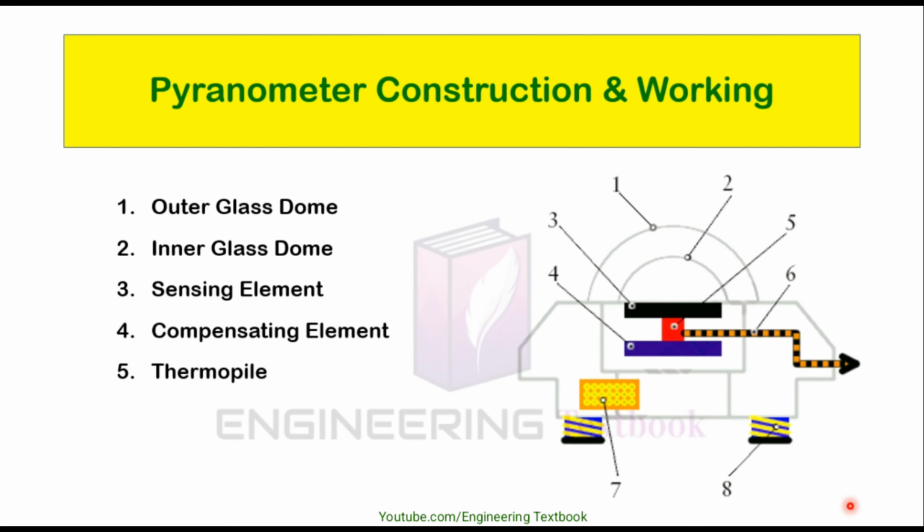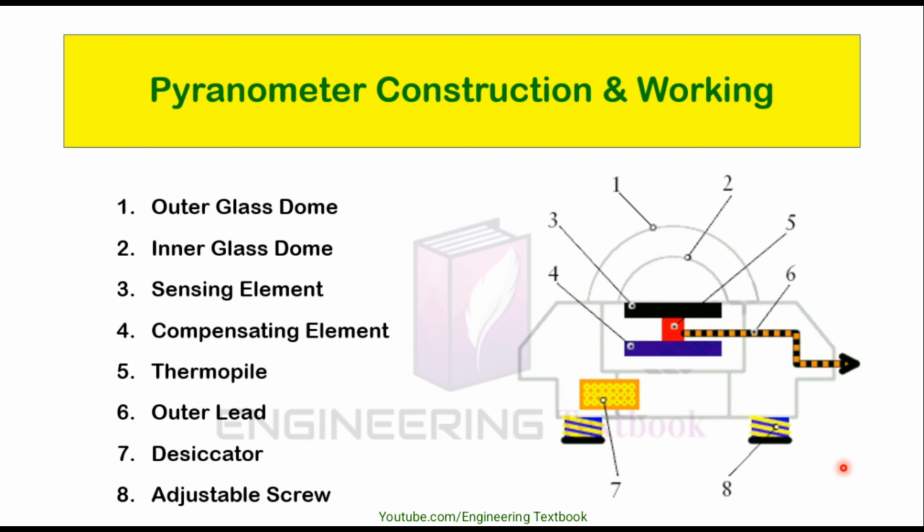Fifth element is the thermopile. As the name implies, it uses a thermocouple to notice the dissimilarity in temperature, or temperature difference, between two surfaces, which are accordingly hot and cold. Sixth element is the outer lead, that is the output we have to measure. Seventh is the desiccator. This is a replaceable silica gel cartridge that absorbs moisture to prevent dew forming inside on a cold night. And there is an adjustable screw to adjust the instrument.